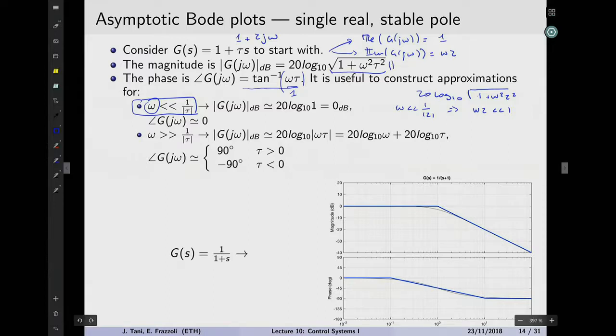The direction in which we're going is to make some assumptions such that we can say something about the term omega squared tau squared with respect to the term 1. So if we say omega is much smaller than 1 over tau, this means that omega tau is much smaller than 1. If omega tau is much smaller than 1, then the square of it is going to be much, much, much smaller than 1. So it means that we can neglect this term here with respect to 1. So in this approximation,